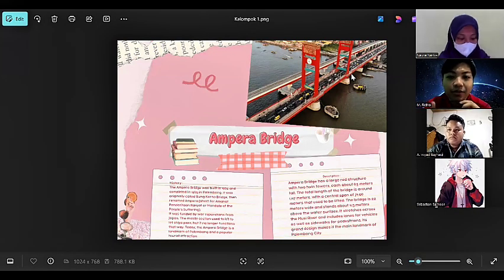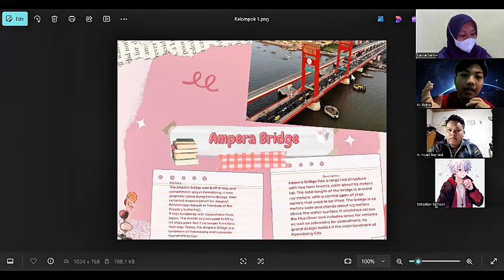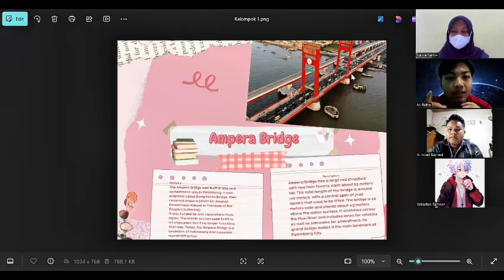Now, to avoid the traffic jam, our government in Palembang decided to stop lifting the Ampera's middle part. That's why right now you can see the Ampera cannot go up, to avoid the traffic jam, and obviously